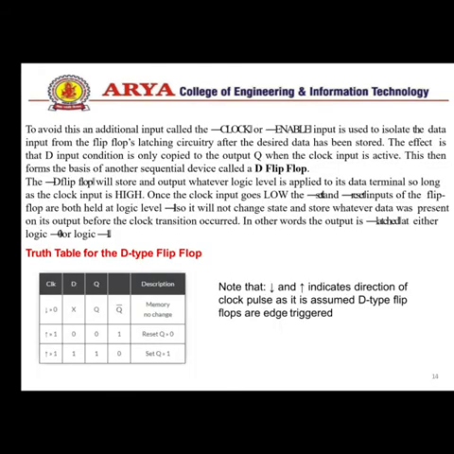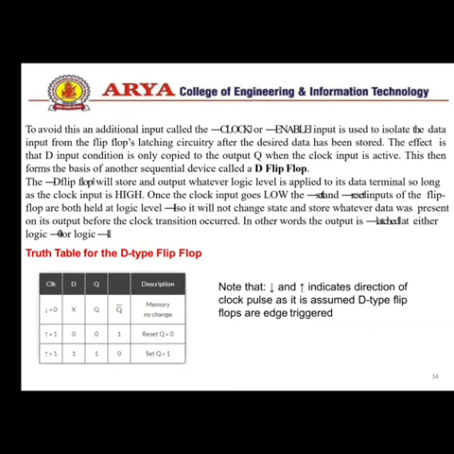So we can see in this video that the D flip flop and T flip flop are used to overcome the problems that arise in the SR flip flop and JK flip flop. The D flip flop is used as a data flip flop because it passes the data from input to output with the help of the clock. And the T flip flop is used to toggle the condition: when we apply 0 to the input T, the output is no change, and when we apply T equal to 1, the output toggles from its previous state.